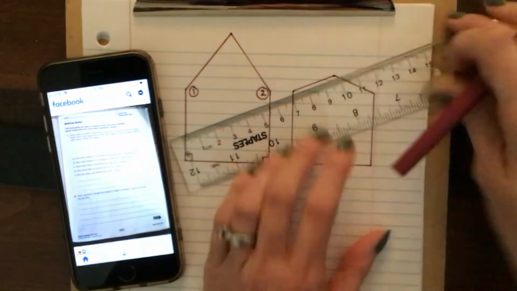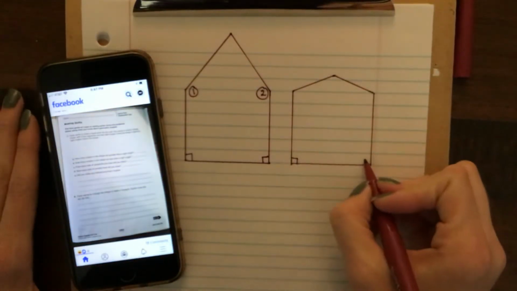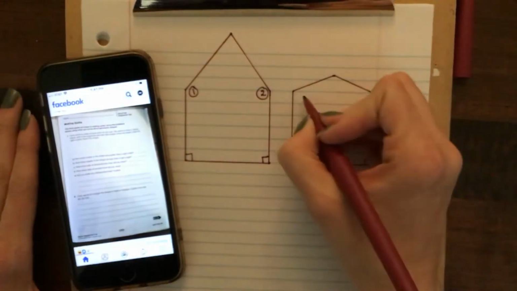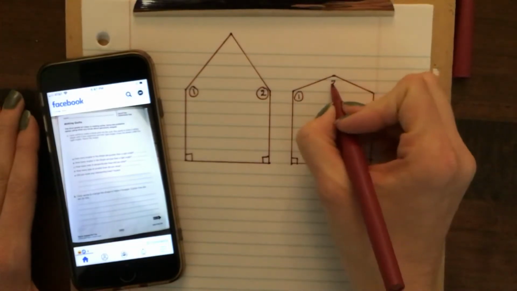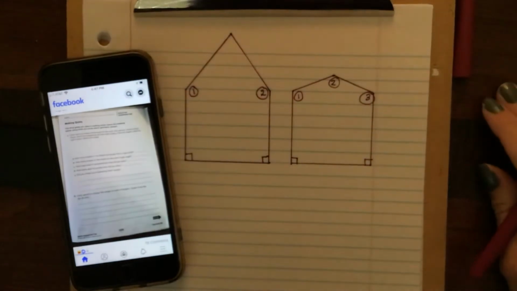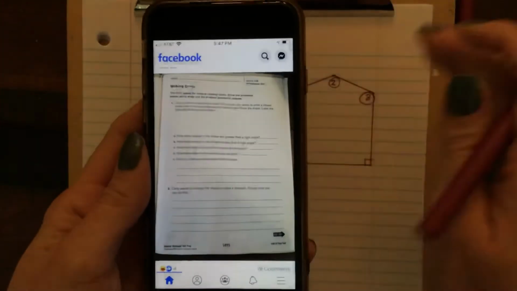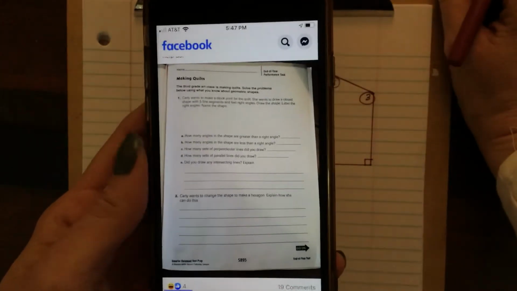Okay, so in this situation, we have our 2 right angles, 1 and 2, and this time you have 3 angles that are greater than 90 degrees, like that. So, you know, this problem has more than one option depending on how you draw your house, or your pentagon,